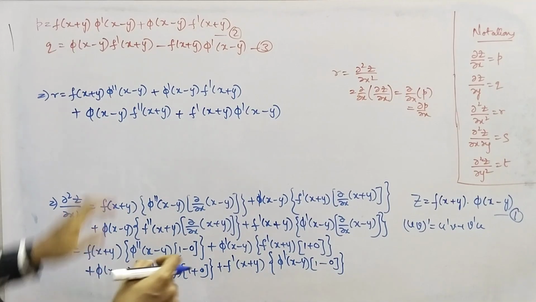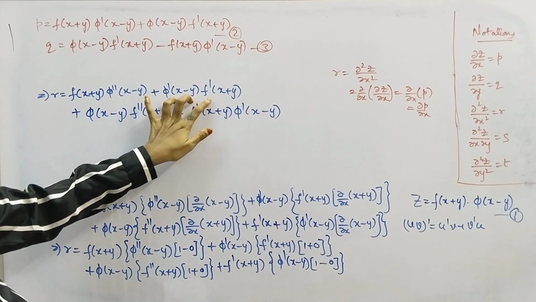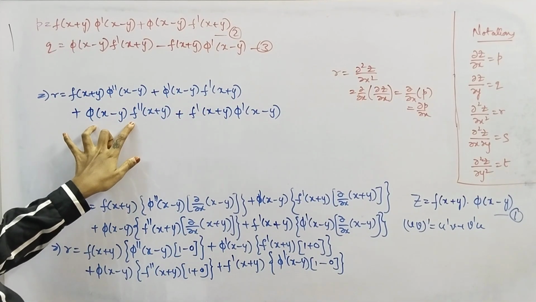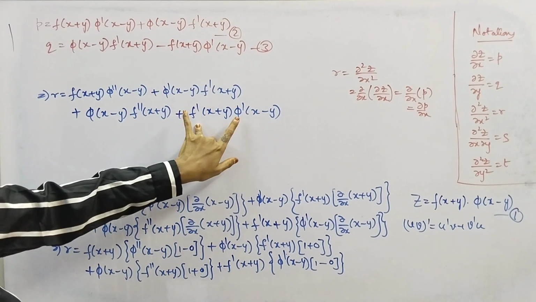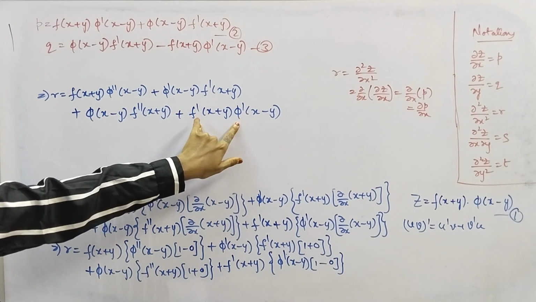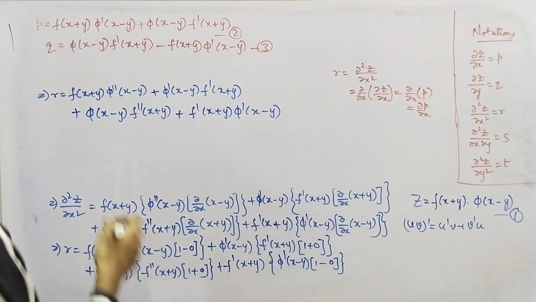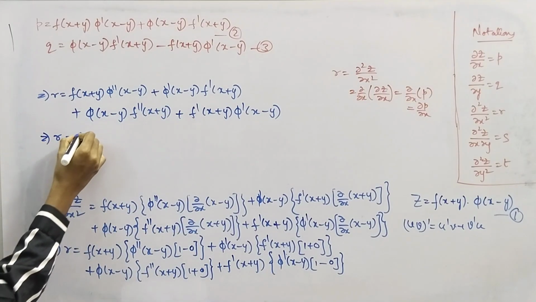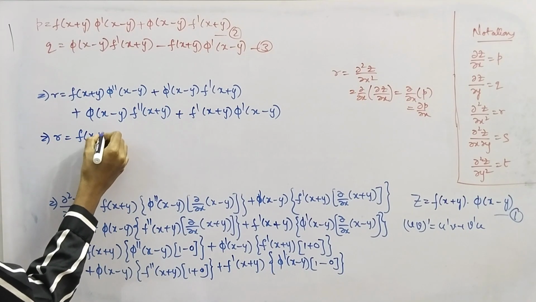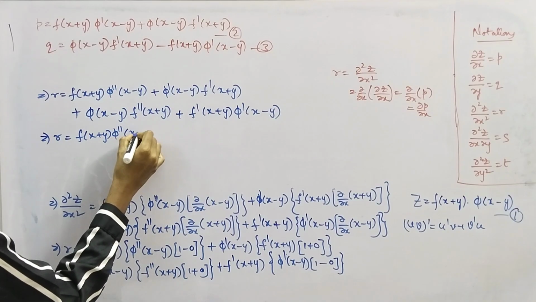Do you have any like terms here? f dash phi dash f dash, phi f double dash, f dash phi dash. You have one like term, right? So you can write this as r equal to f of x plus y into phi double dash of x minus y,